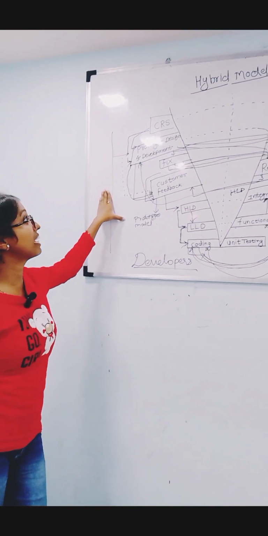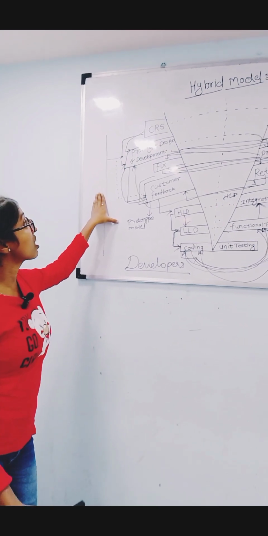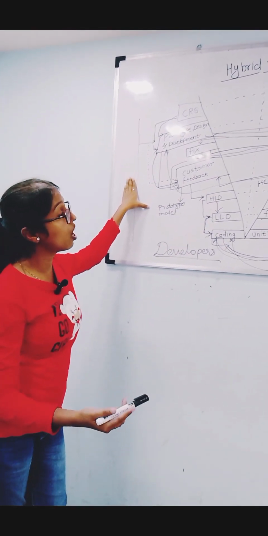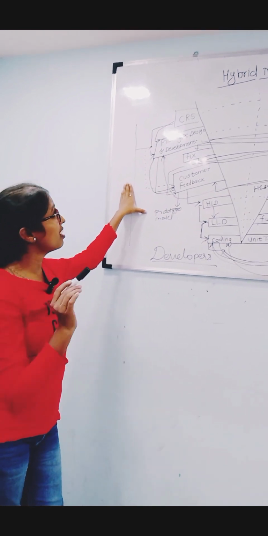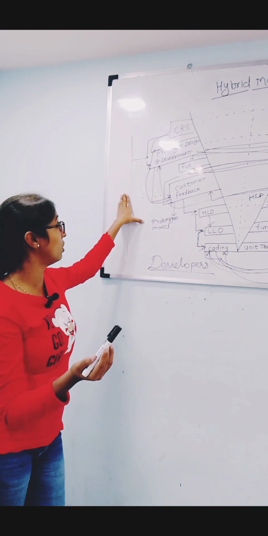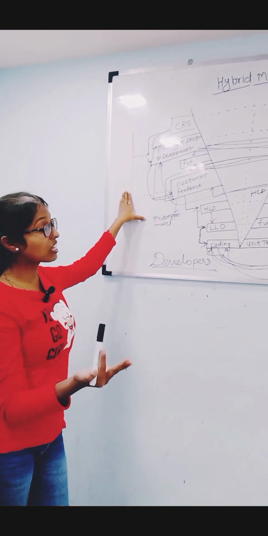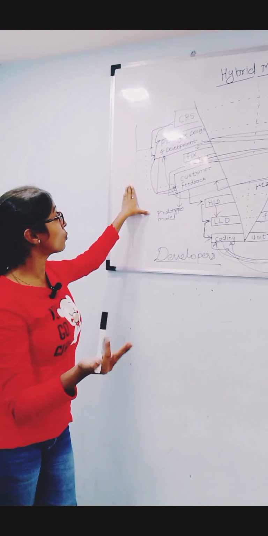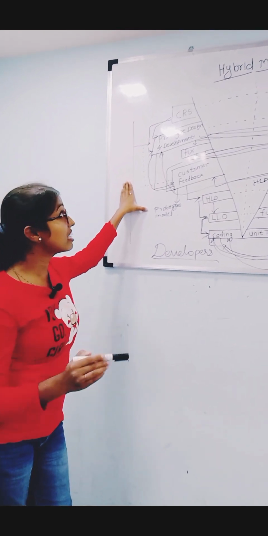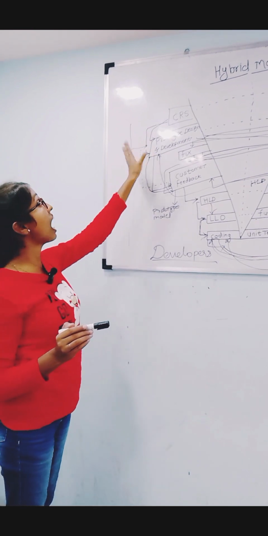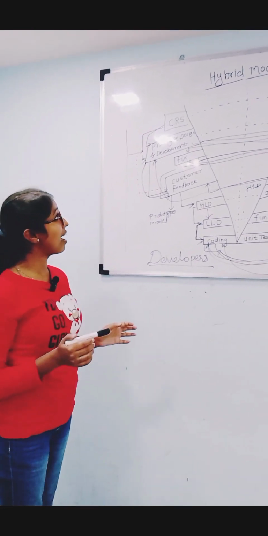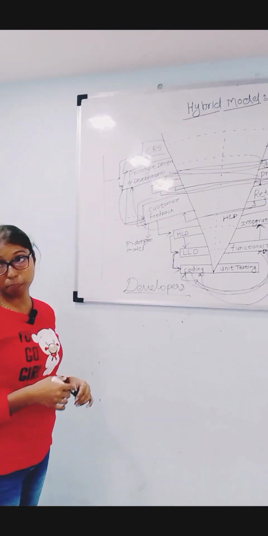Next one, what are the applications? When the customer is new to the market, then we go for the hybrid model. Also, when the customer is not sure about requirements, then we also use the hybrid model. And when a huge or very big project has to be done in the shortest possible span of time with the highest quality, then also we go for the hybrid model. The next type of hybrid model is the spiral and prototype model, which Pragati will explain.